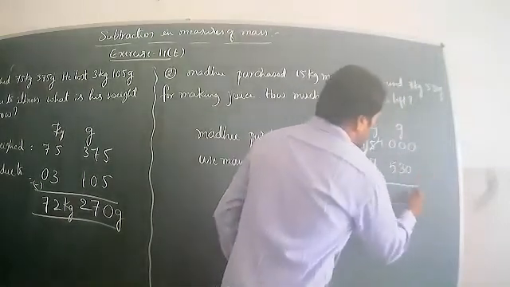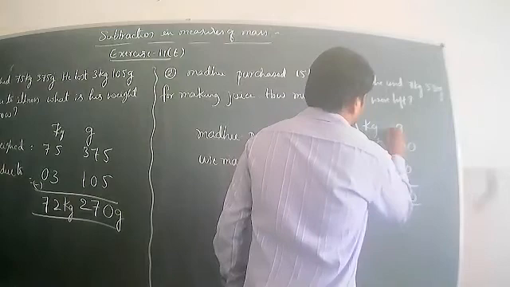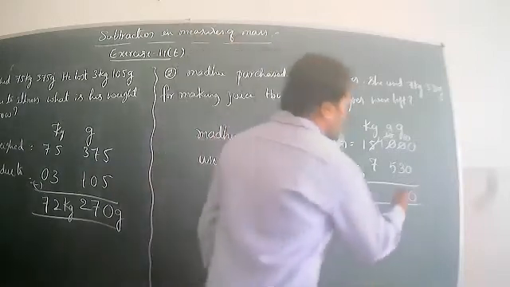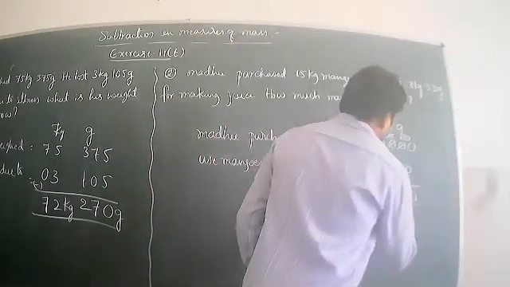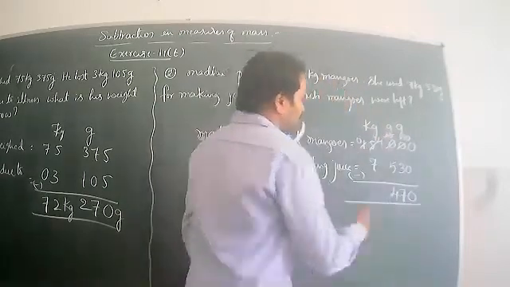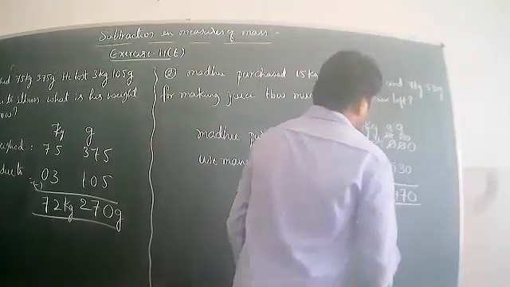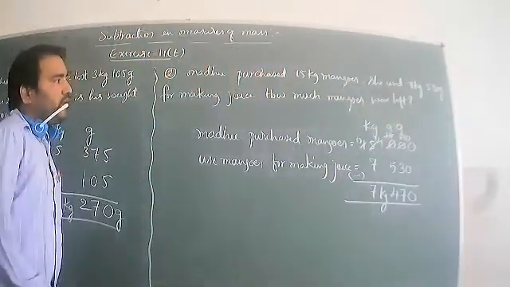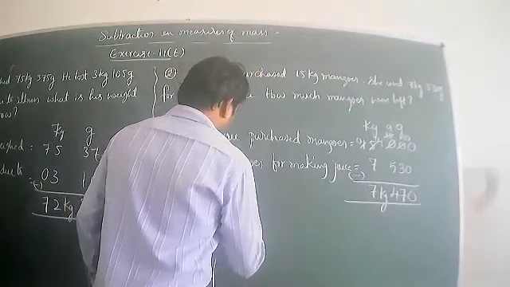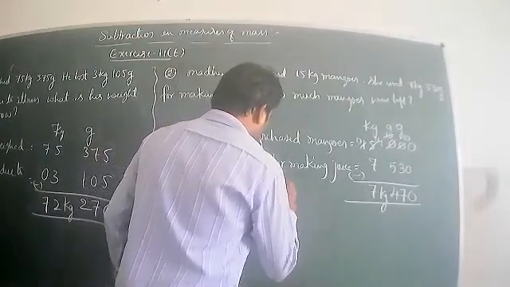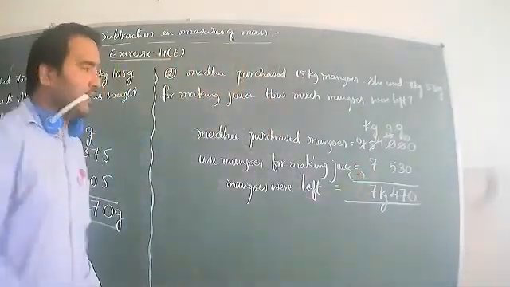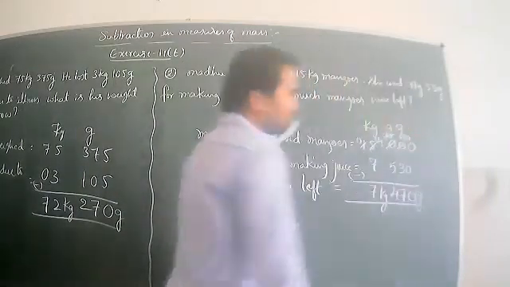Okay, 0 less 0 is 0. 0 is not less than 3, carry over, it is 10. After that, 9 is given to 10. So now 10 less 3 is 7. Okay, 9 less 5 is 4. 4 is not less than 7. Take the carry, it is 14. 14 less 7 is 7. So 7 kg, 470 grams of mangoes were left.